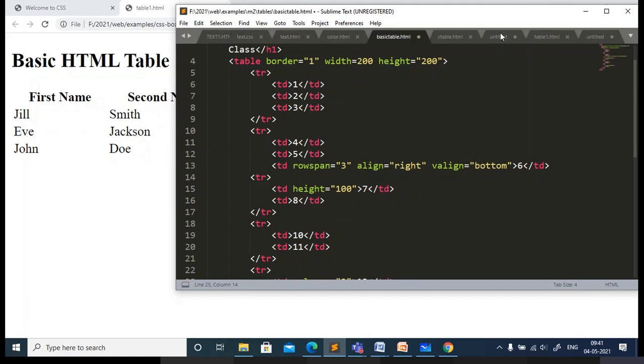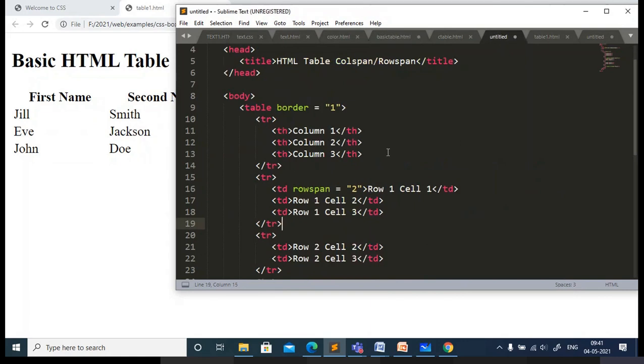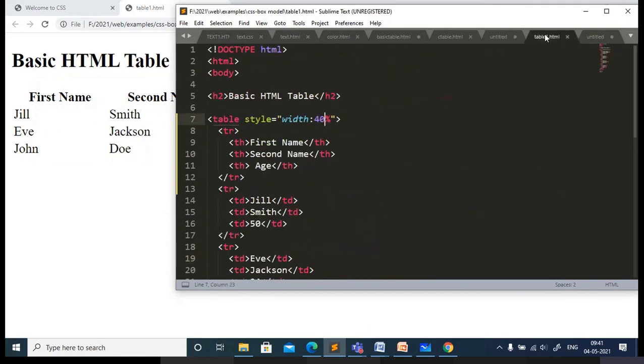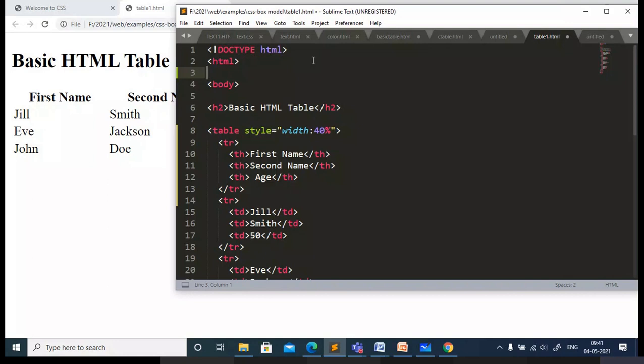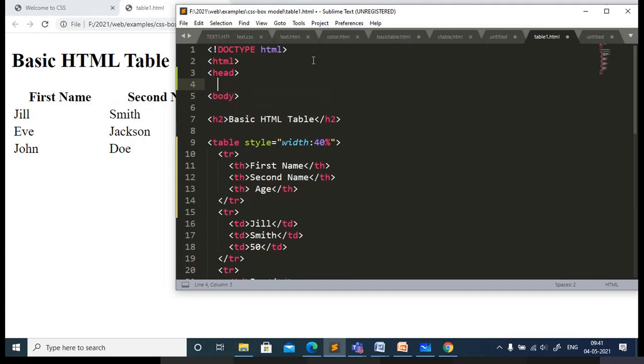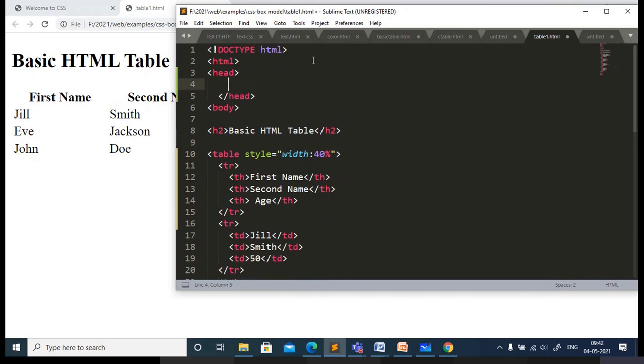Now before this, let me add the first border to this table. So now you need to create the style part. Either you can go with the inline representation of CSS, or you can go with the embedded. Here I will be using the embedded style, so create a head tag. The style tag should always be within the head tag. Just close it. Now within this I will create the style.